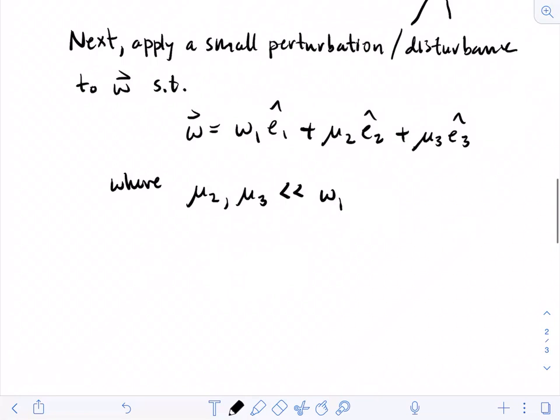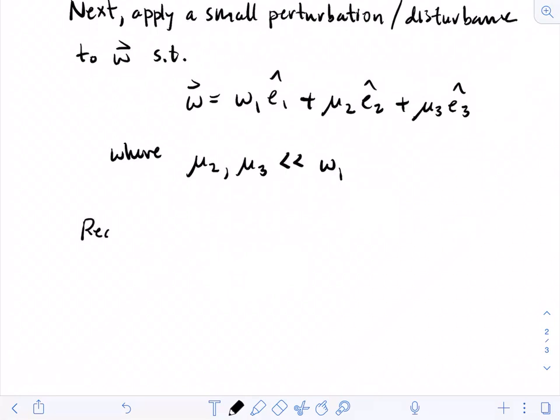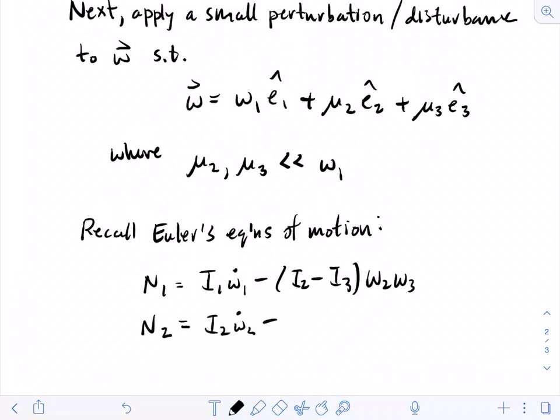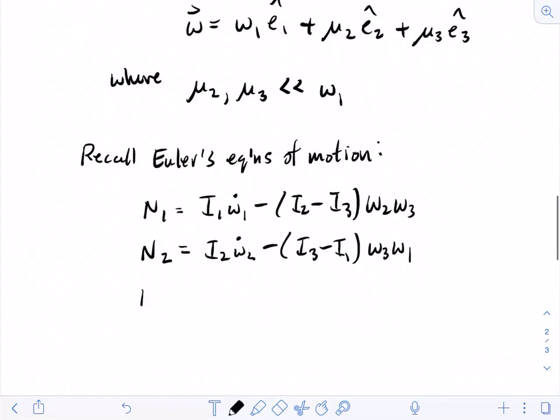Okay, so to go further, we're going to recall Euler's equations of motion, which looked like N1 is I1 omega 1 dot minus (I2 minus I3) omega 2 omega 3, and then something similar for the other two: N2 is I2 omega 2 dot minus (I3 minus I1) omega 3 omega 1, and N3 is I3 omega 3 dot minus (I1 minus I2) omega 1 omega 2. Okay,